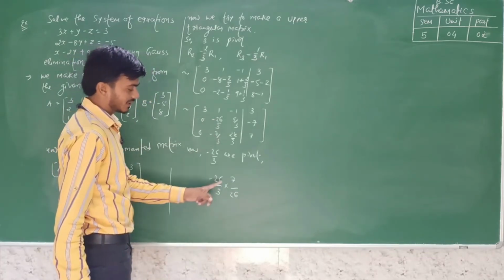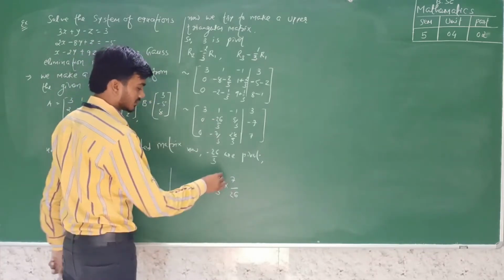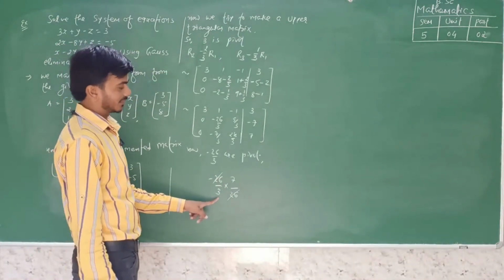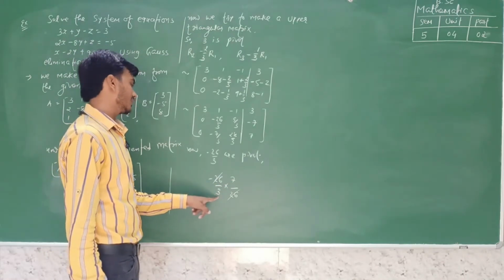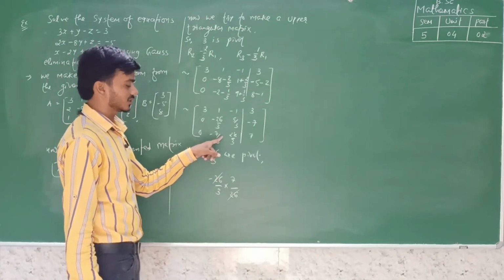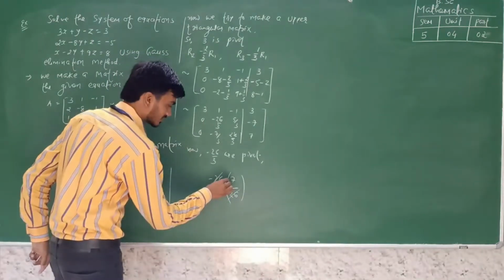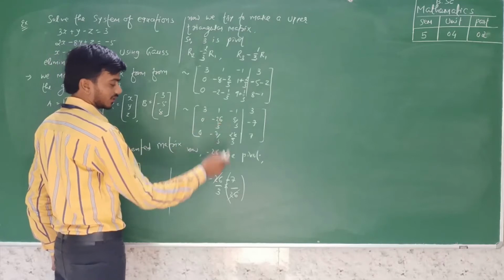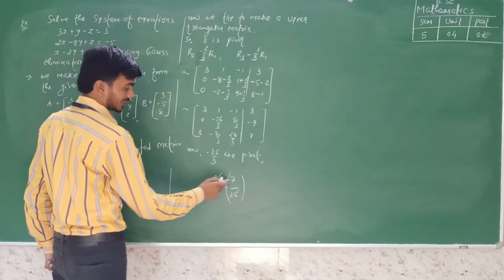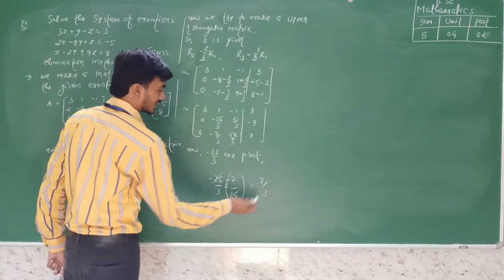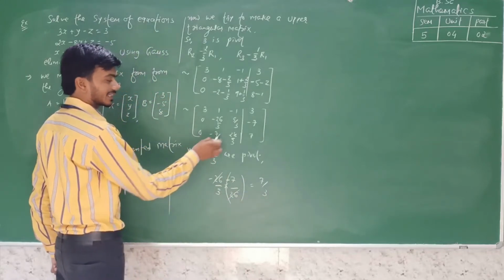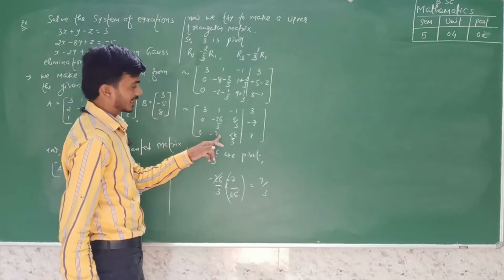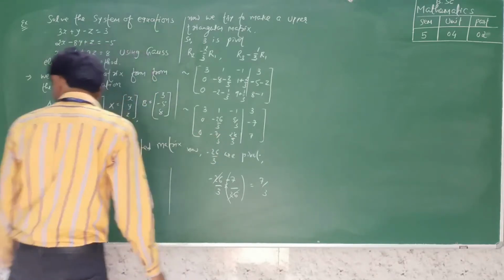This value can be multiplied by this value. So 26 cancel. Minus 7 by 3 can be remaining. This minus 7 by 3 will be added in this. So this is not 0. So minus 7 by 26. This minus 26 by 3 into minus 7 by 26. Minus minus plus. So 7 by 3 will be added there. So this element can be 0. So 0, 0 and 0. That means we make an upper triangular matrix.